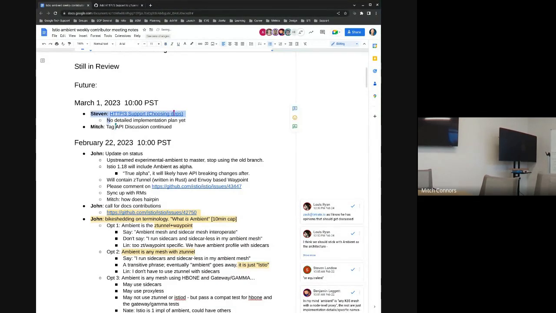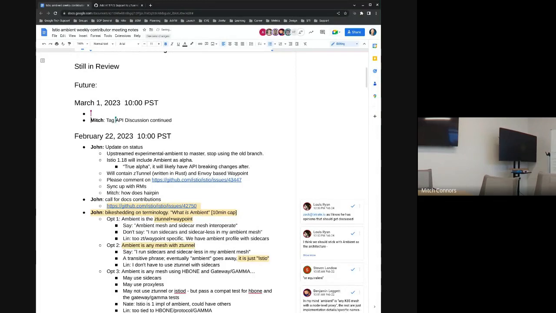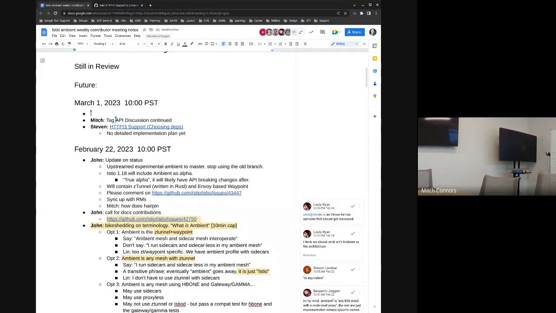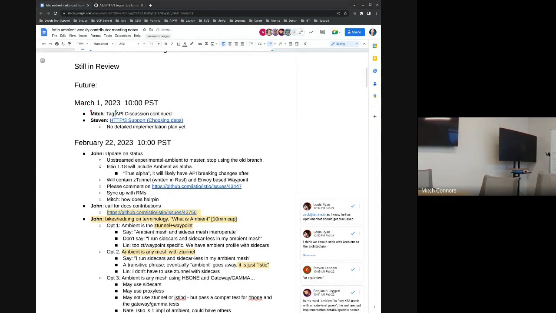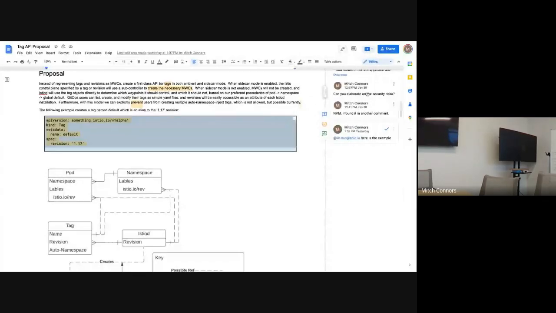So we've been talking for a couple months now about the tag API and how we will upgrade ambient mode. I guess I can share the doc. I've added a section to sum up all of the different alternatives that we've discussed in this meeting, and to try and compare them to what I've proposed and contrast examples or advantages. Sorry, trying to click while talking is not great. Can you all see my screen?